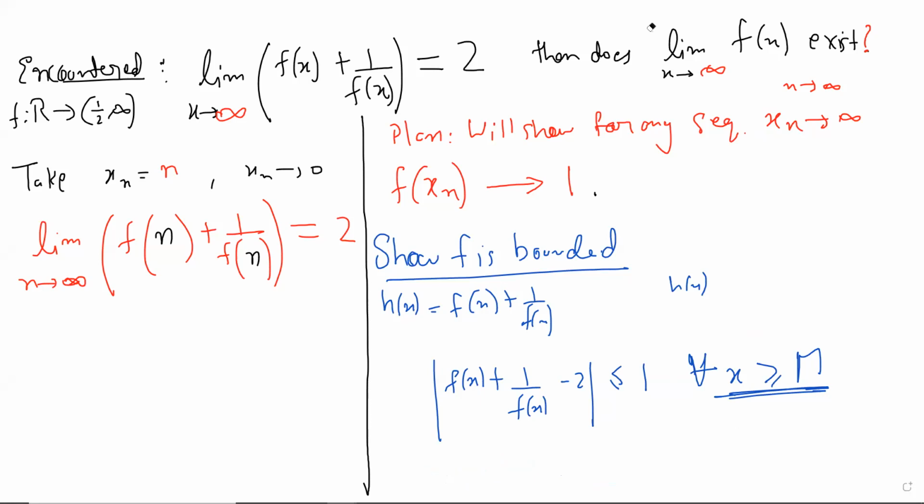Okay, yeah. So then we should do it. Okay, so for all x bigger than m, we can say this. Obviously, not for all x. After some point only it will happen, right? That it becomes close to 2. Okay, so from here,